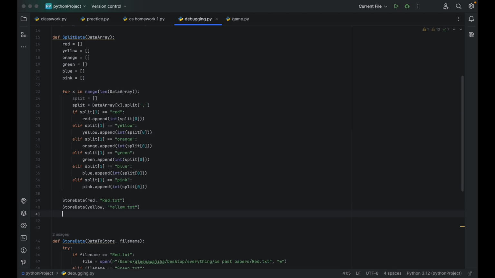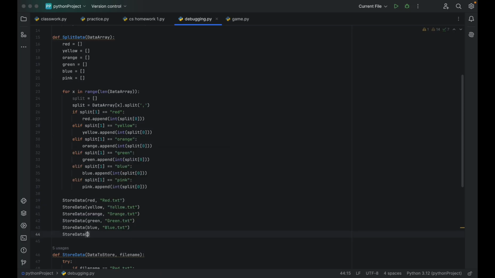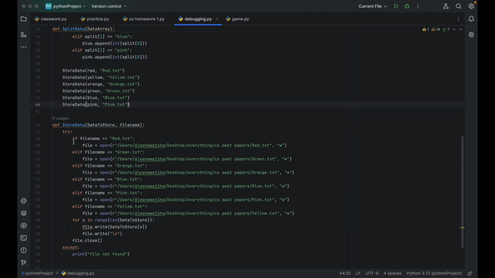yellow.txt, then orange, orange.txt, then store data again, green, green.txt, then store data, blue, blue.txt, फिर store data, pink and pink.txt। तो जब मैं इसको कॉल करूँगी तो ये स्टोर डेटा जब फंक्शन जब रन होगा तो वो फाइल खोलेगा